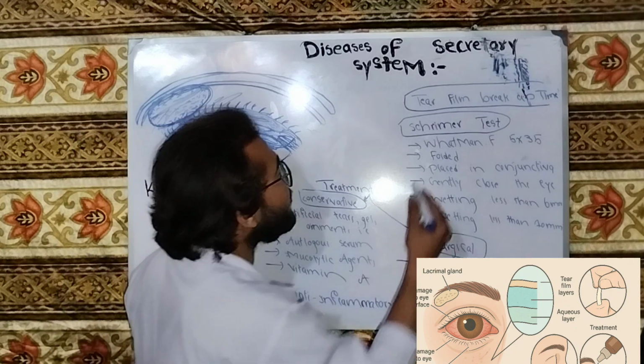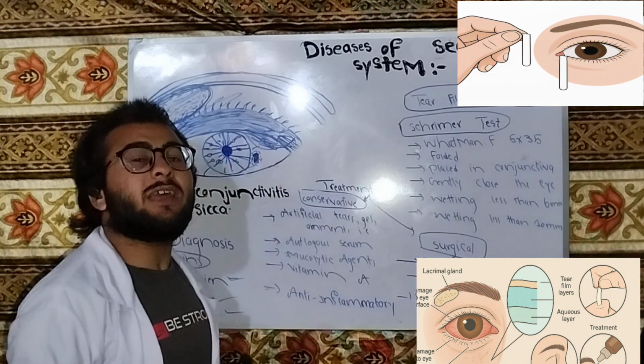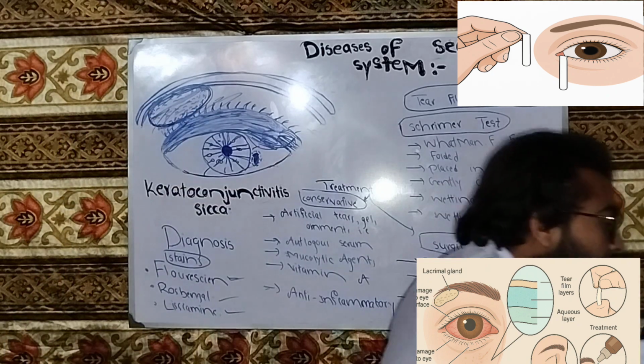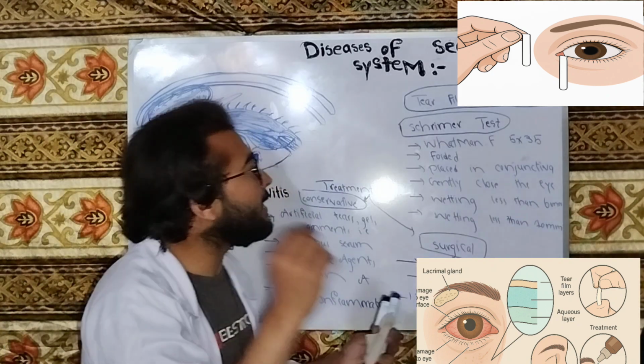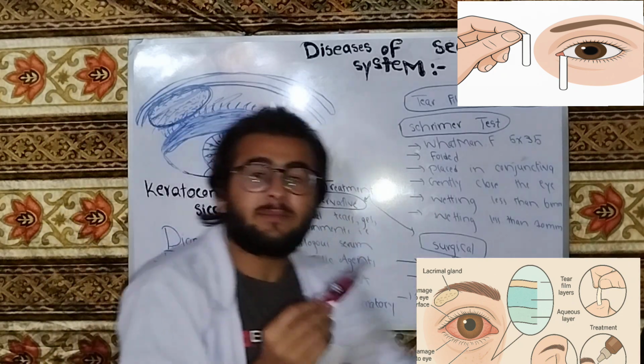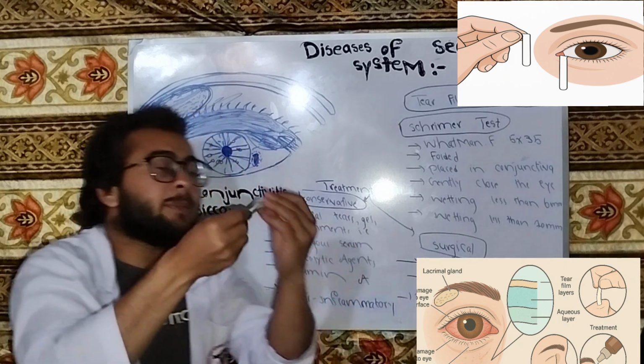Okay. The next test, and the most sensitive test, is the Schirmer test. What are we doing in the Schirmer test? First of all, we will take a Whatman filter paper of size 5 by 35. Okay, we will take the paper. The next step, we will fold the paper like this,